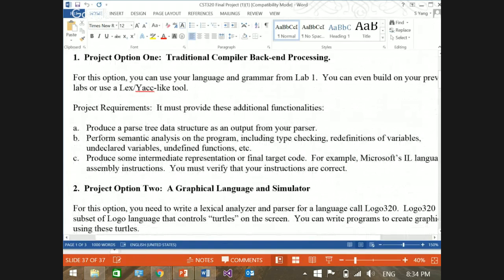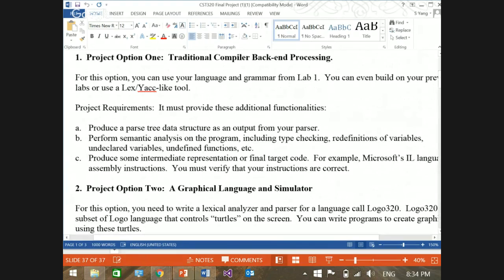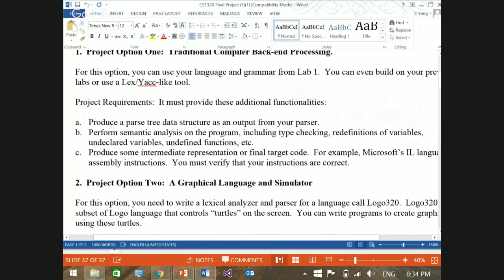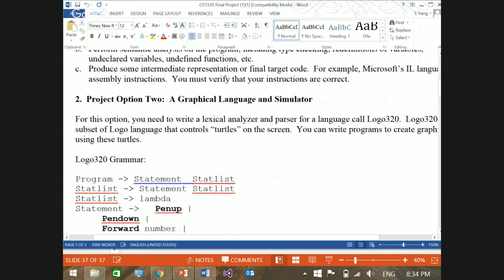And the traditional option is just, okay, let's do a backend. Let's write out some sort of target code. It could be assembler, it could be assembly, it could be IL, whatever the target code is. You have all this information, right? Oftentimes, how the compiler is used is you may have a small language for your tool, your game, or something. It just needs to have a small language in it. Okay, it's not going to drop down to assembly, but it's just going to have some language I can define,